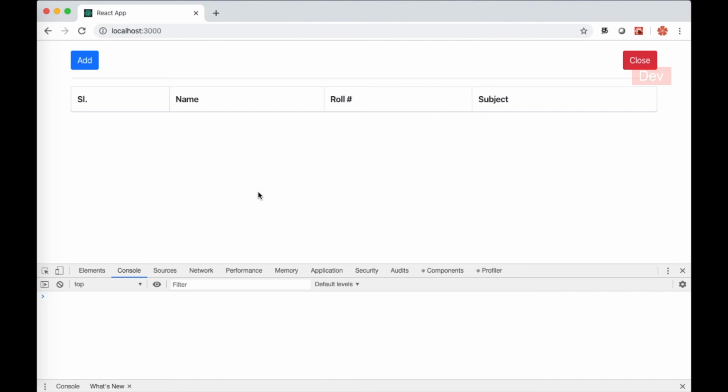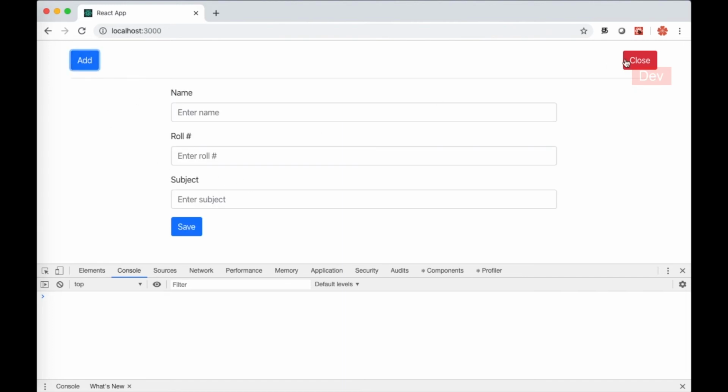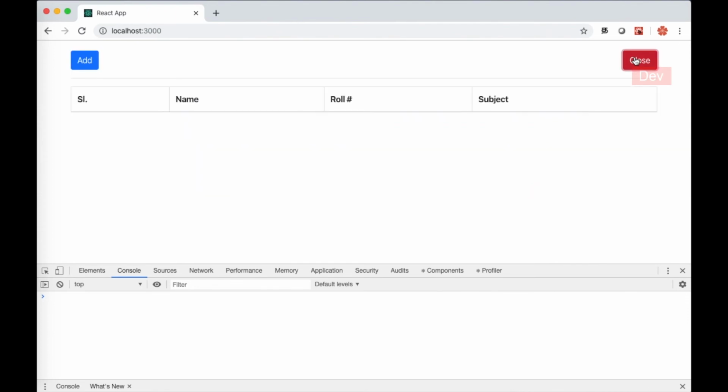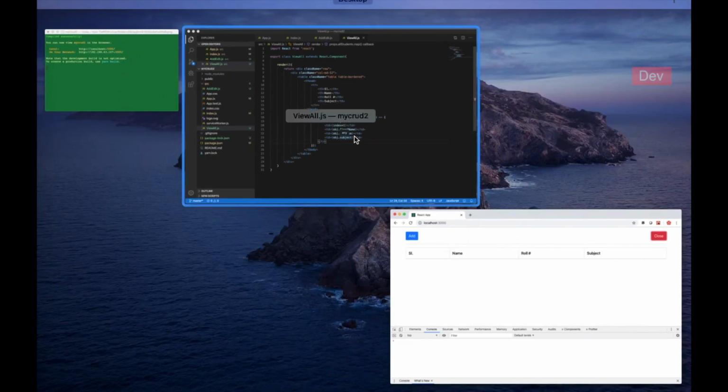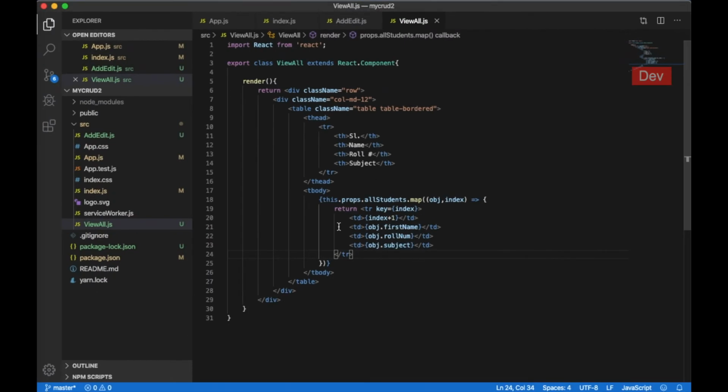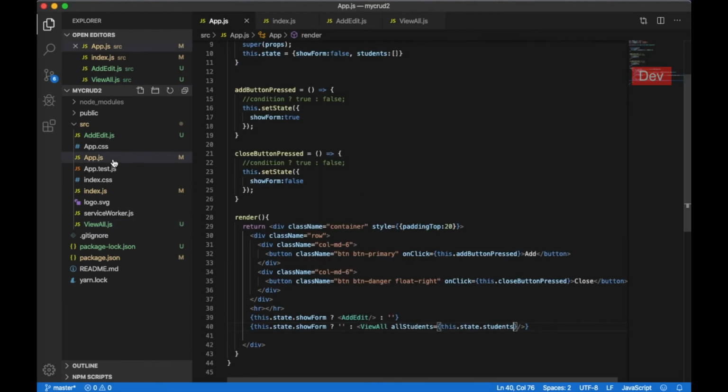So by default the view table will be displayed, and when I click on add form the table will disappear. This will be okay, fine, it works, but no data as of now. Okay, it's fine to keep the web inspector open for us, so if some error comes in, we can solve that. Okay, now this part is fine, and we'll have to do a couple of other integrations in order to send